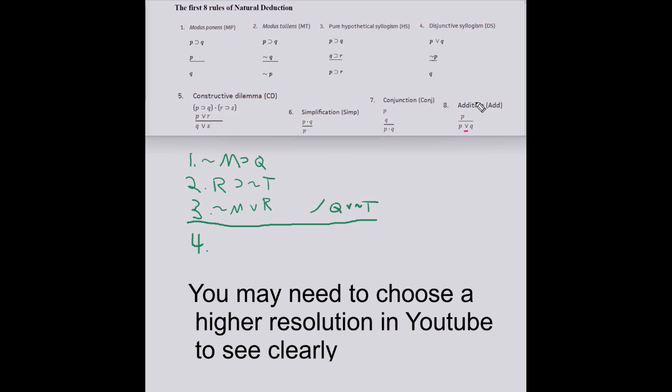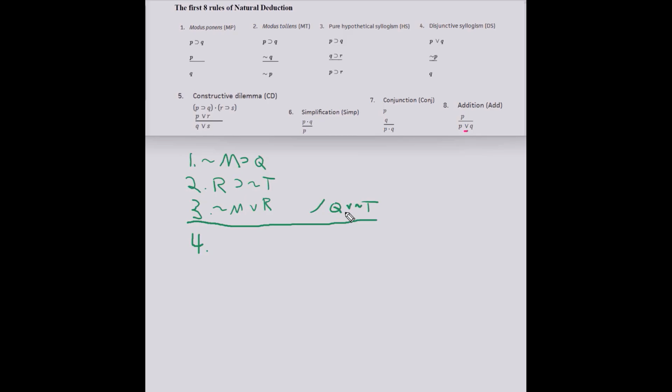Rules we're going to use, the first 8 are all up here, like they will be on the test for you. You just have to decide which rules to use. So looking at this, I know I'm going to get a disjunction as my conclusion. So if I'm thinking disjunction, there are a couple of rules I might want to think about. One is addition. If I knew I could get the Q,